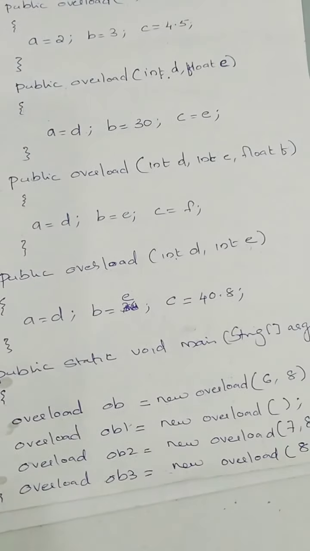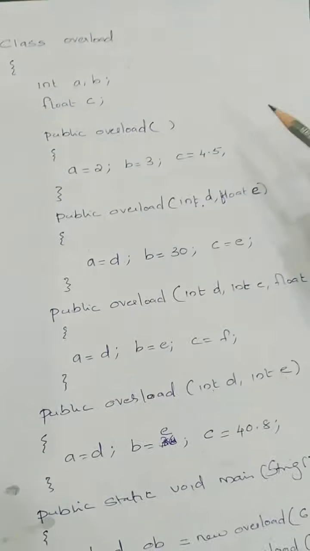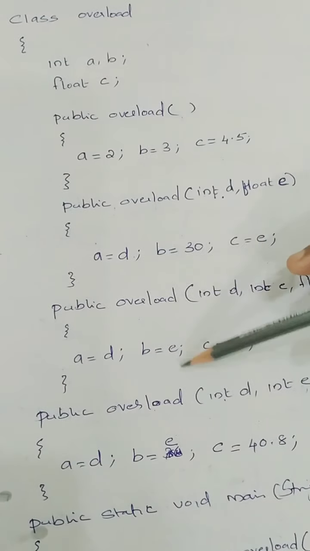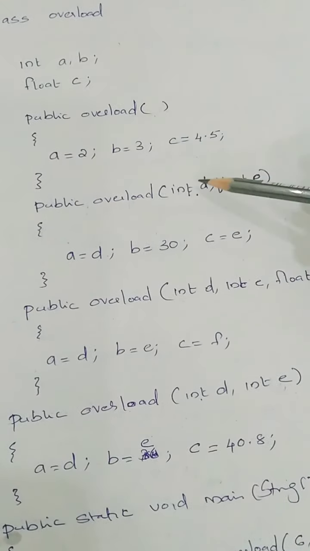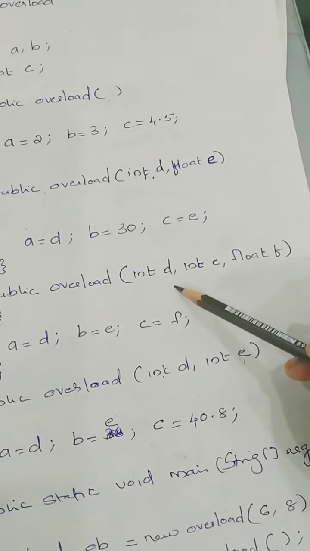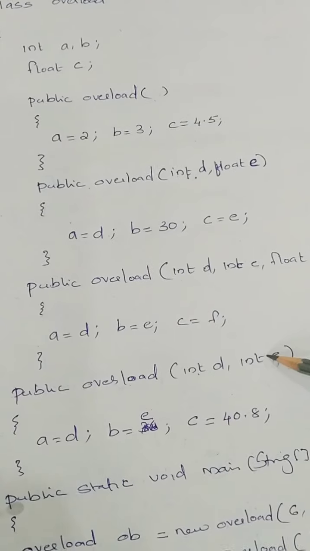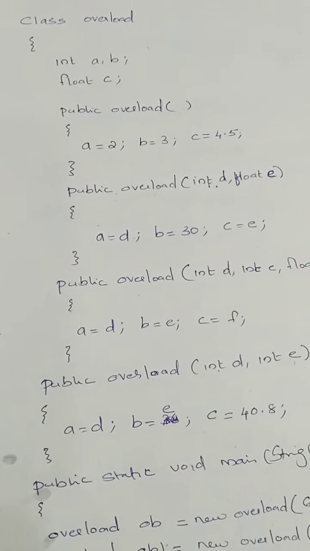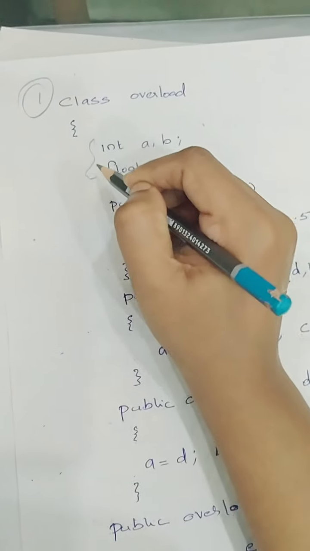So let's see how it will be executing. Okay, so we'll begin with this. See, constructor overloading, same class name. How many constructors are there? I have written 4 constructors with the same class name. But what will be the difference? No parameter, 2 parameters, 1 integer and float, 3 parameters, 2 integers and 1 float, and 2 parameters again, but both are integers. So how will the compiler identify which constructor is to be executed? Let's see. From the beginning, we'll start from the class Overload, and then